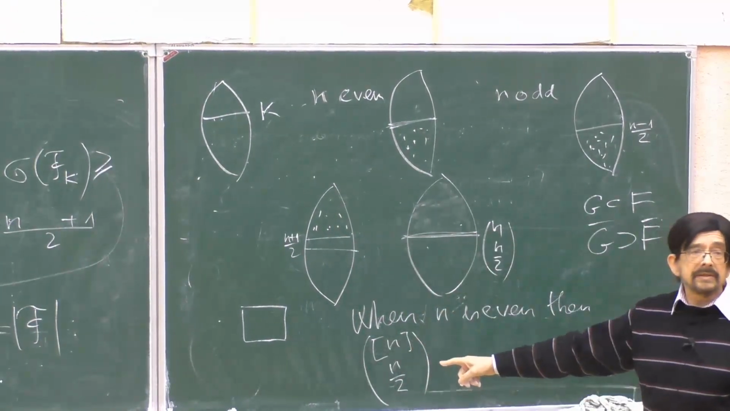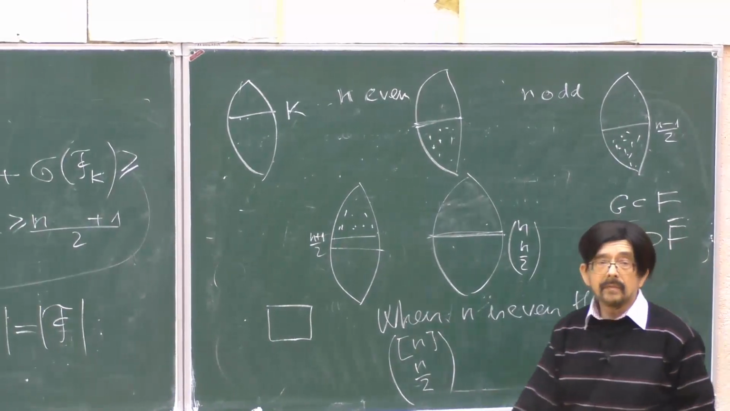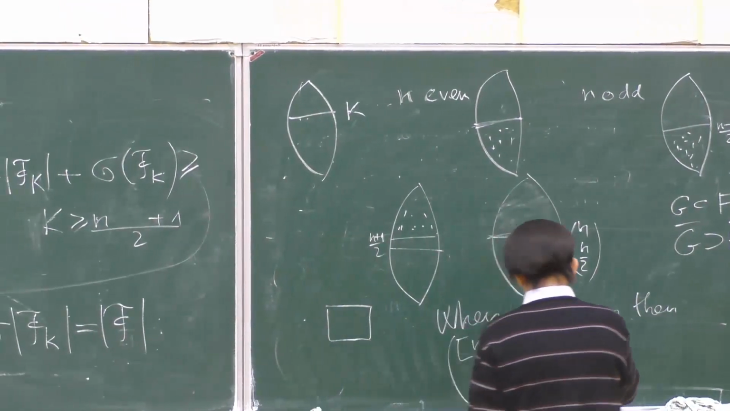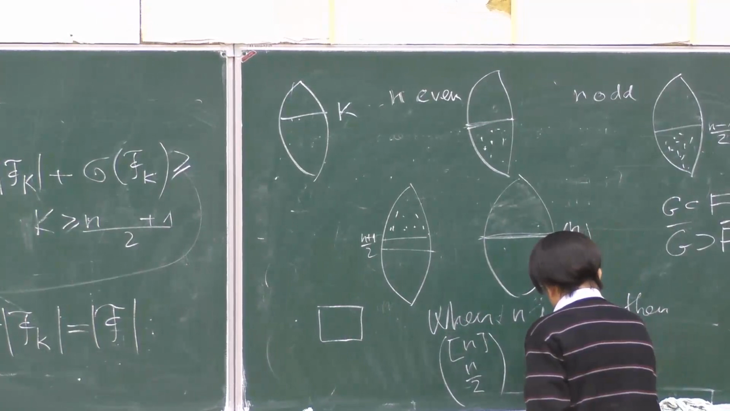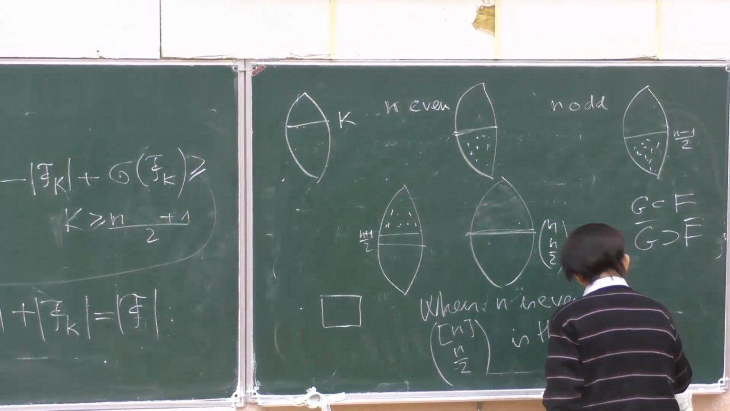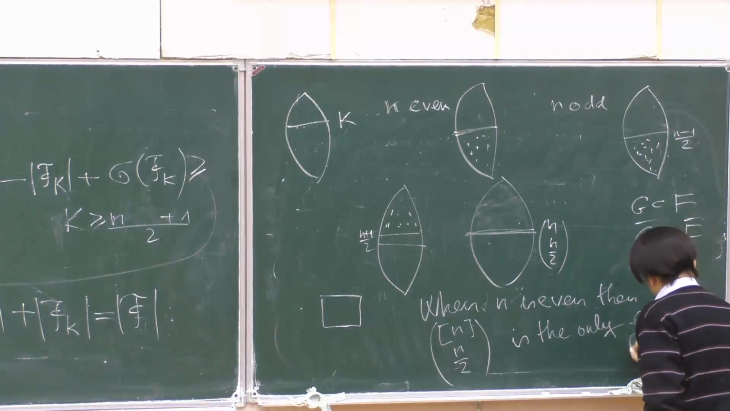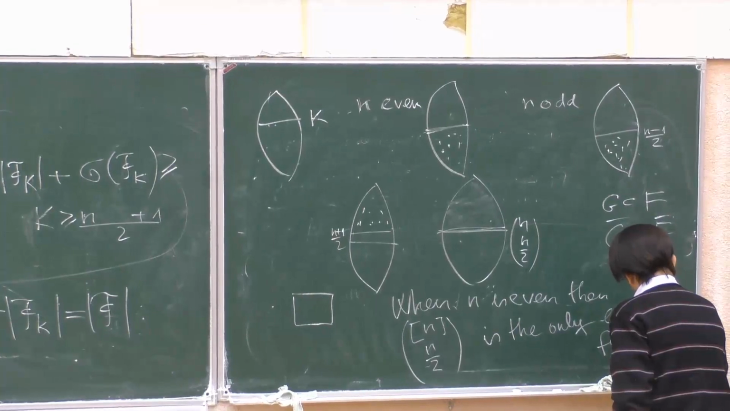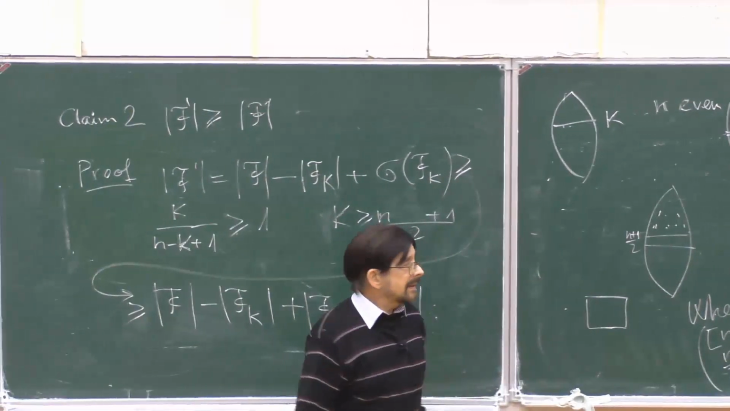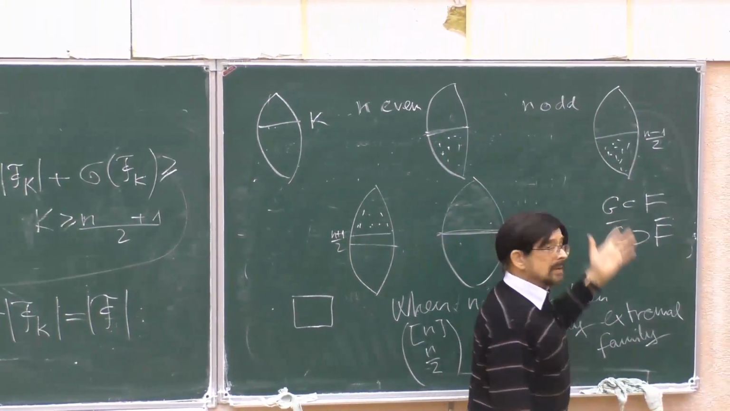Is this clear, this notation? So all n/2 element sets of the n element set. This is the only extremal family. In the case when n is odd,